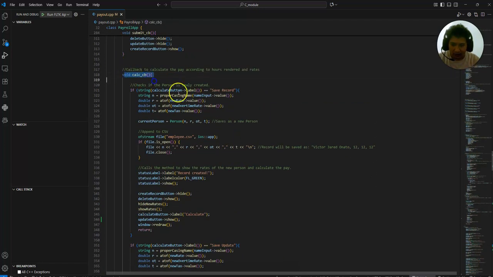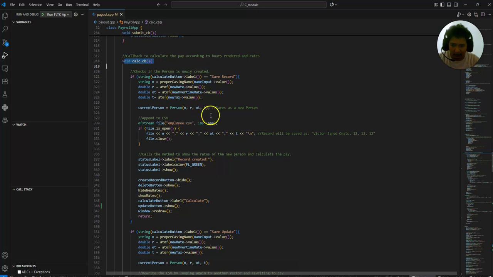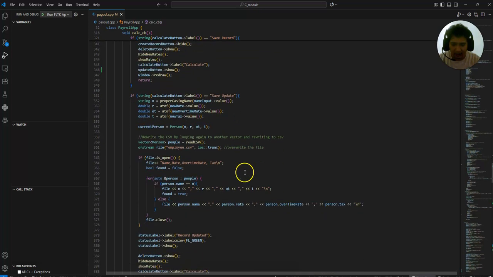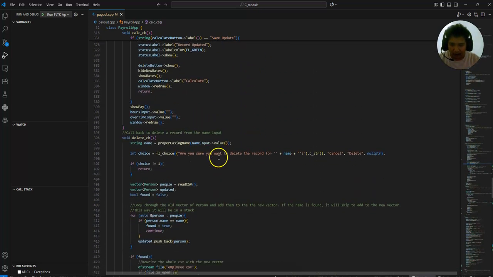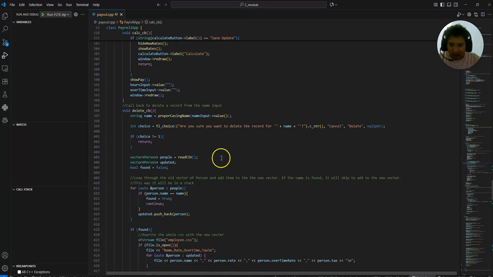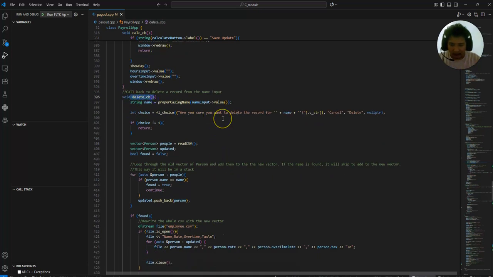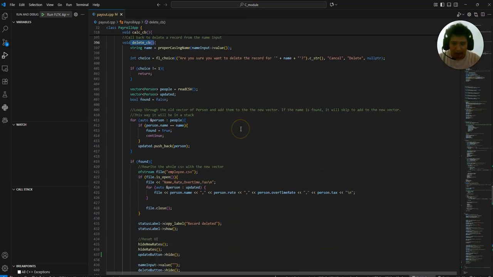And then the calculation button, where it will go to a conditional if it is from a newly created record, or an updated record, or just the normal calculation. I have here the delete button, so it will ask the user if he really wants to confirm